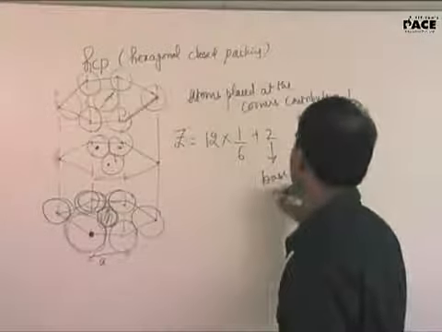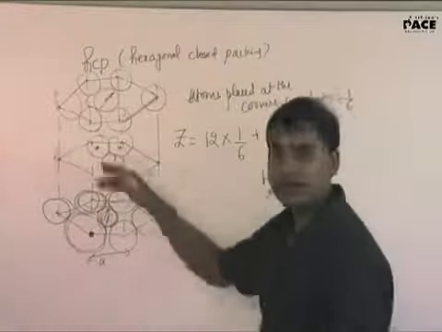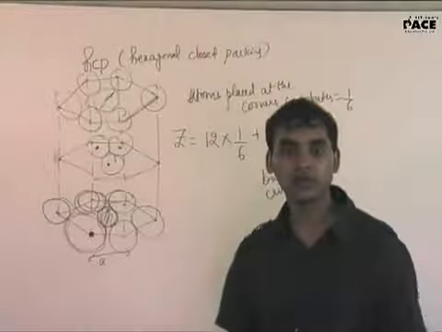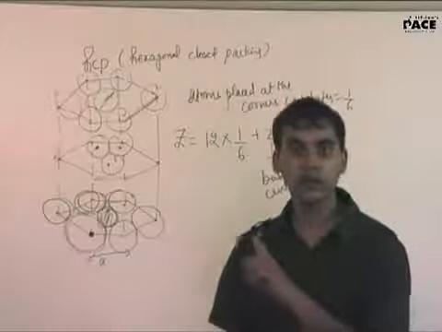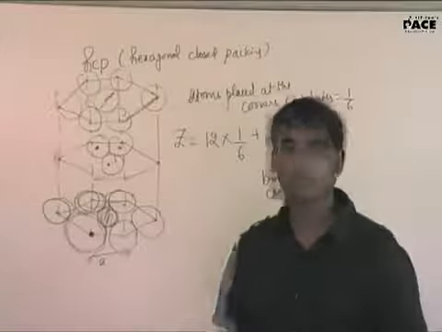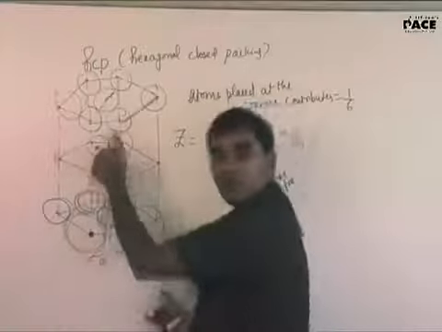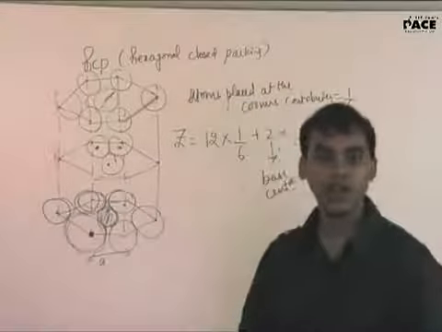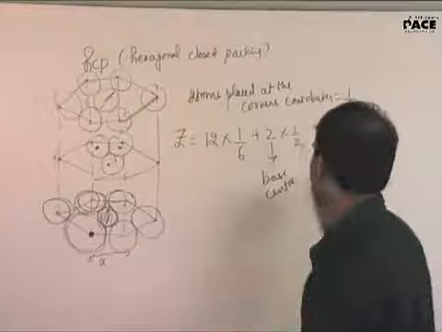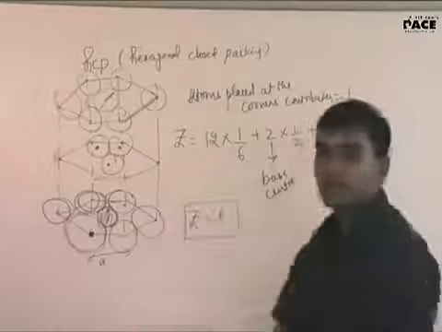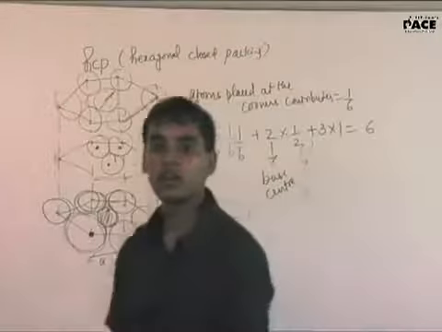I'm writing it, this is the base center. And these 3 atoms are inside this whole thing. So what will be the contribution? 1/3, 1. Because see, this is the whole box which is with you. So these 3 balls are only within the box, right? Yes, sir. So I can say plus Z equal to 6.